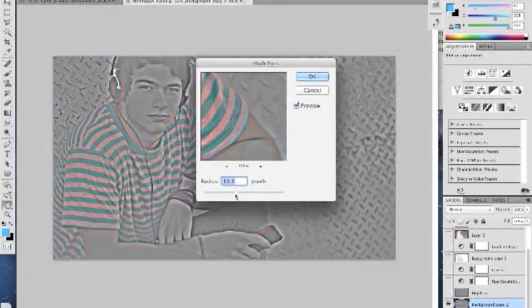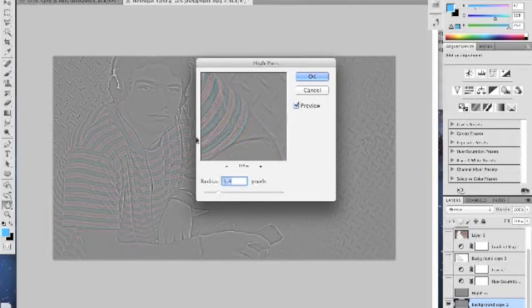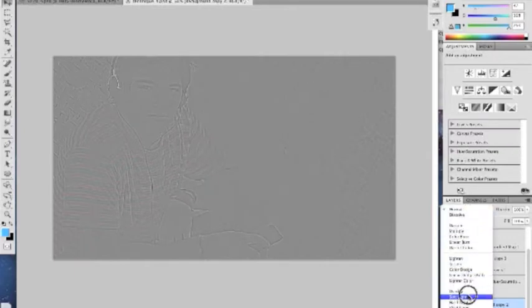What it does is it takes 50% gray, makes everything 50% gray, and then anything that it can create a little contrast from, similar to our drawing technique, as you move the radius up, it starts to reveal. And that basically is going to create some lines, some hard lines, that if we use a blending technique, show through in Photoshop. So you usually want to be where there's some definition, but it's not clear over here and you don't see the gray anymore. The more gray you can show and still showing lines, the better this technique works. So you just kind of have to eyeball it, click OK, and then change the mode from normal to overlay,